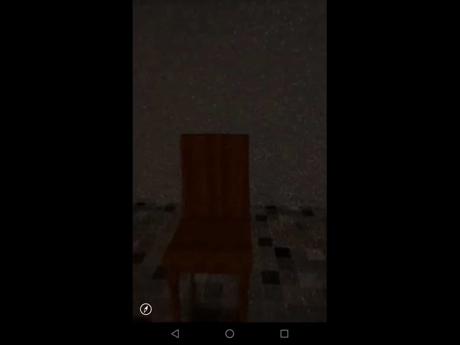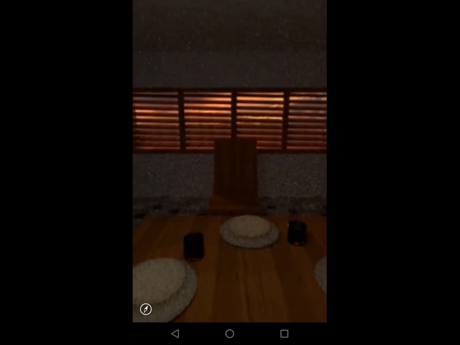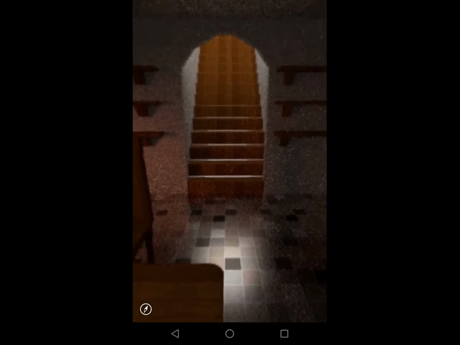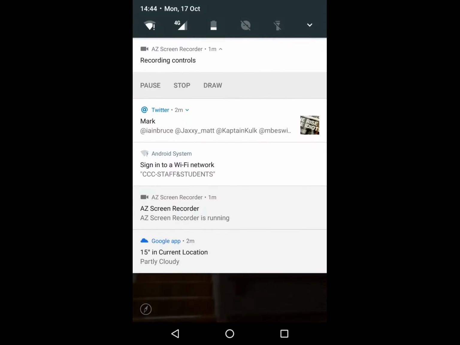So now we've taken a 2D image and we've converted it into seemingly a 3D environment that we can look at all around in on our phone. And you can also open this up in your browser if you've got Google Chrome on a computer. So once it's in your Google Docs and it's got